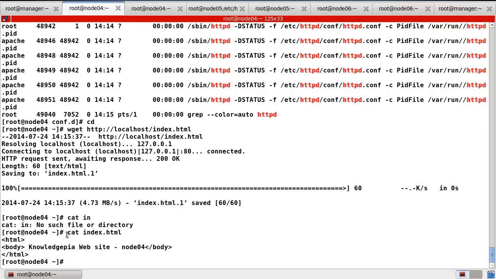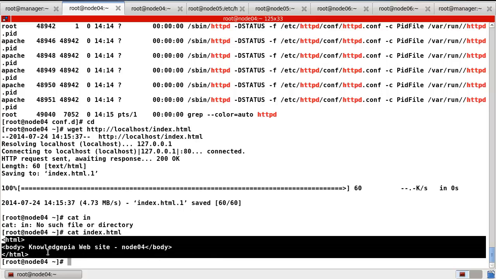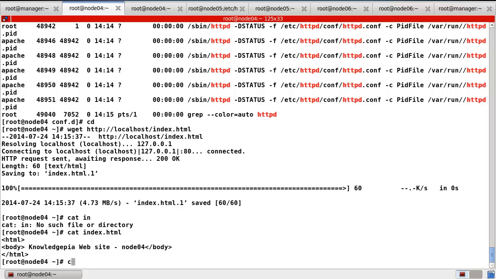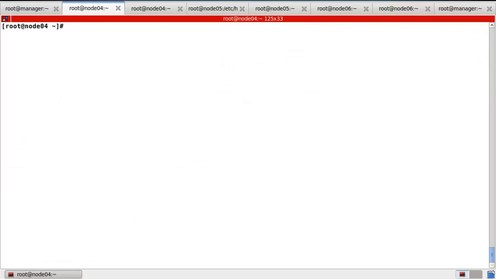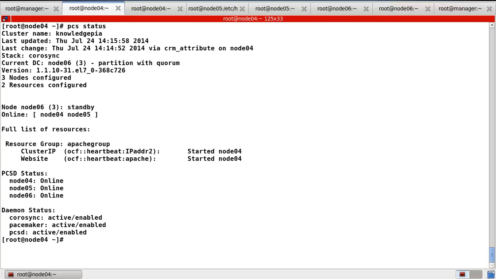So okay, here index.html has this kind of information. So using wget also, I downloaded the index file from the localhost on node 4 and I checked the IP address. So here, okay, check.